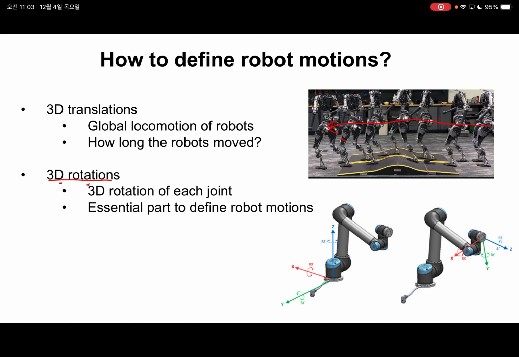We have joints, right? This robot has a joint here, and a joint here. It has 3 joints. We have a joint here. We have wrist, elbow, shoulder, hip, knee, ankle. Humans also have joints. And for each joint, there can be 3D rotation, so that we can rotate our human body. This is also applicable to robots, an essential part to define robot motion.